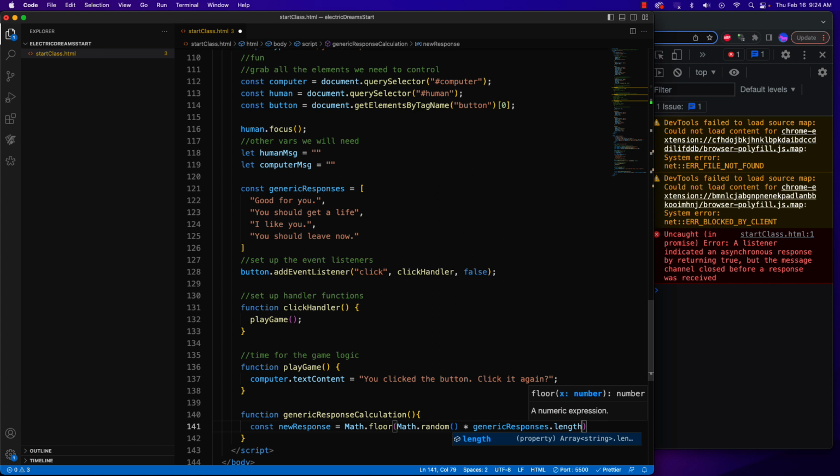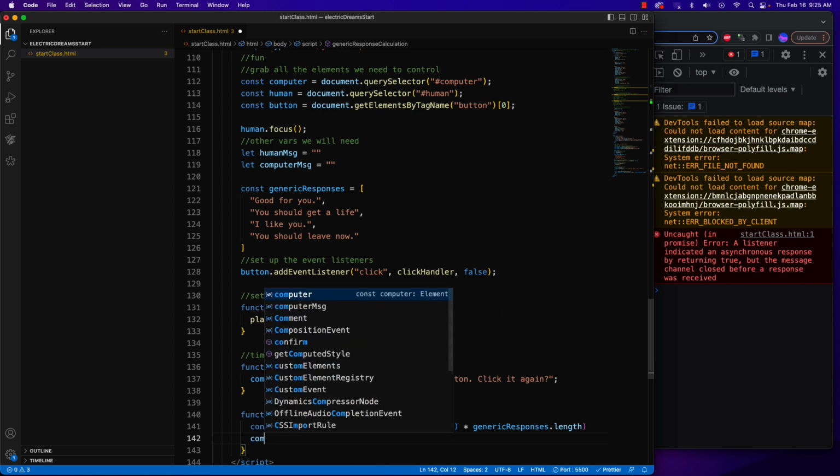So looking at the values here, we get different numbers that will all round down to give me the whole numbers I need of 0, 1, 2, 3. So that's the math that we're working with here. We create a random number, multiply it by how long our array is, its length, the number of items in the array, and then we round down. That gives us the numbers that we need, and now we can simply say our computer